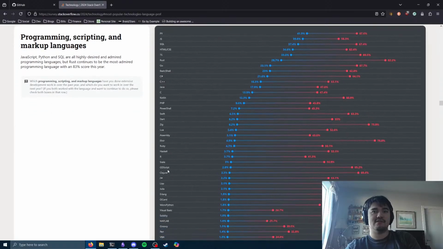What is GD script? Is that like Godot script? I think so. Yeah, I don't know. I really wanted to use Go, but it's just not useful for me. I don't know what the hell is going on. Alright, well,